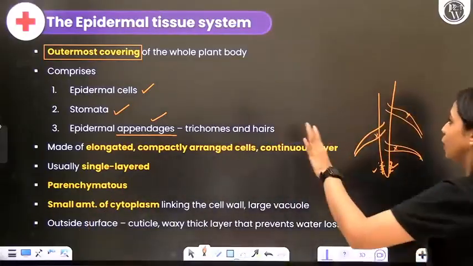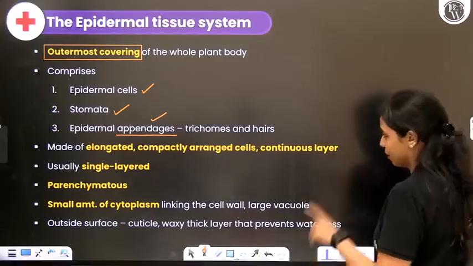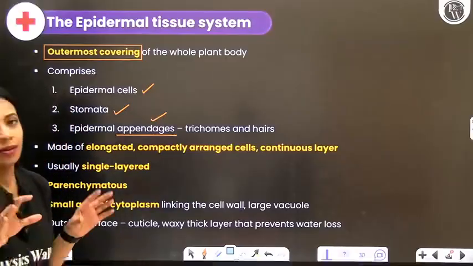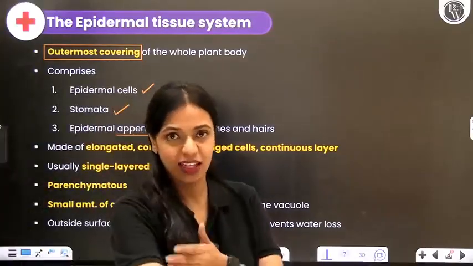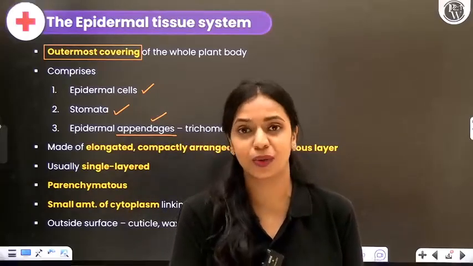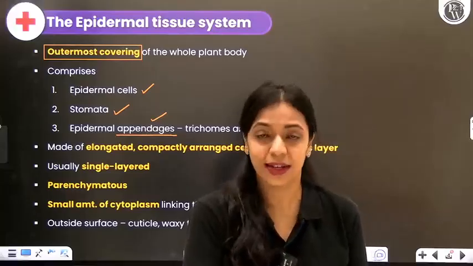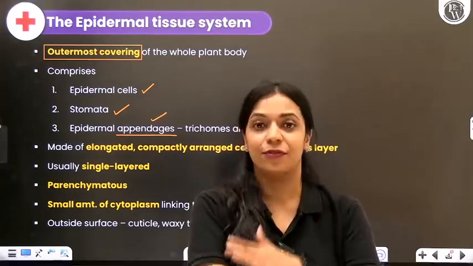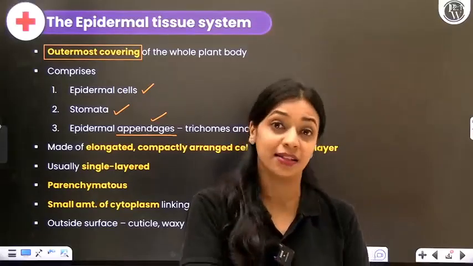Okay, now what is the epidermal tissue made up of? The epidermal tissue is made up of epidermal cells. How are these epidermal cells to look at? See, their function is to offer protection. If your skin is bruised, it is cut in 100 different places, how can it protect you? Effectively, it cannot, because in the air around us, there's so much germs, right? So all of the germs can gain entry into your body and cause infection. If the skin is intact, nowhere it is hurt, nowhere there are cuts, then the skin can do its job